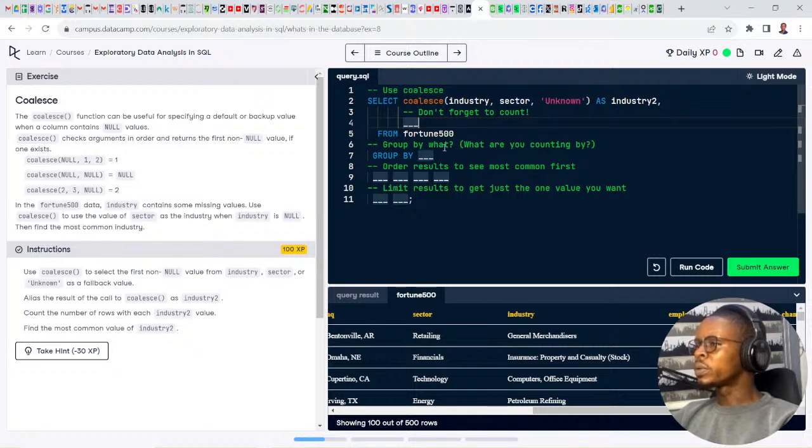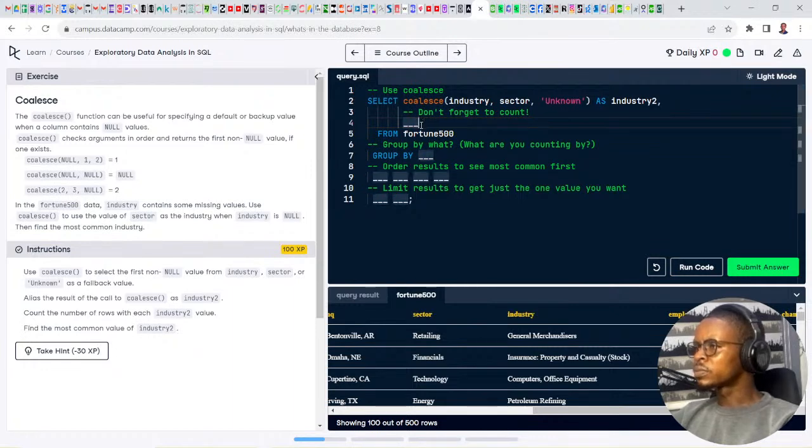So group by what? What are you counting by? It says count the number of rows with each industry2 value to find the most common value of industry. Alias the result of the call to coalesce as industry2. Count the number of rows with each industry2.